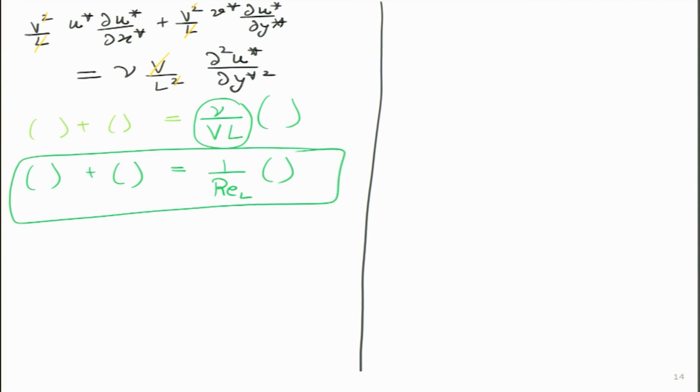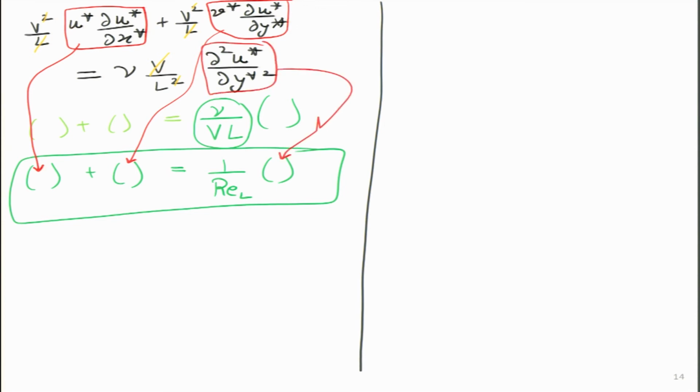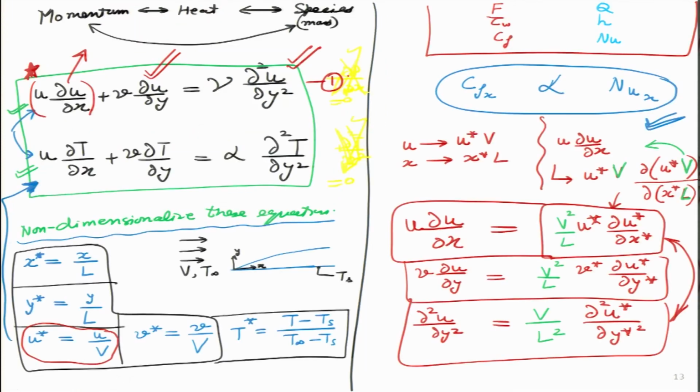I think students can fill these brackets themselves, right? What will happen in the first one over here? This is simply this thing. This will come and sit in this bracket. Then the second thing over here, it will come and sit in this bracket, and the third thing over here will come and sit in this bracket. I think students can do these on their own. Let us go ahead, and so this is the solution of equation number 1. Equation number 1 that we wanted to non-dimensionalize, we have reached our objective.